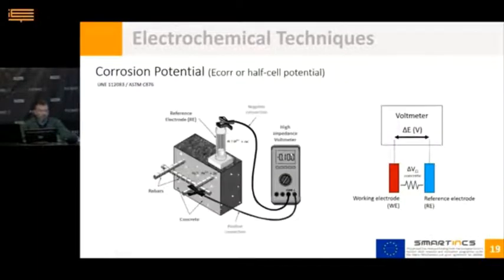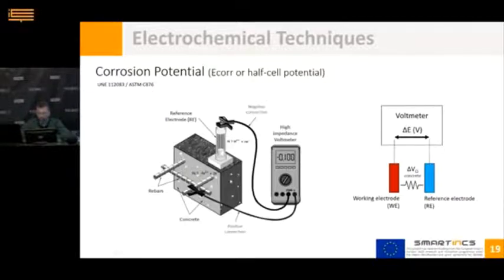Okay, we have seen resistivity, and now the other qualitative electrochemical technique is the half-cell potential or corrosion potential, which came into widespread use around 1970. In this technique, the electrical potential of the reinforcement is analyzed, since this potential becomes more negative when the corrosion process is more active. For this purpose, a potential difference measurement is made with a voltmeter between the reinforcement,